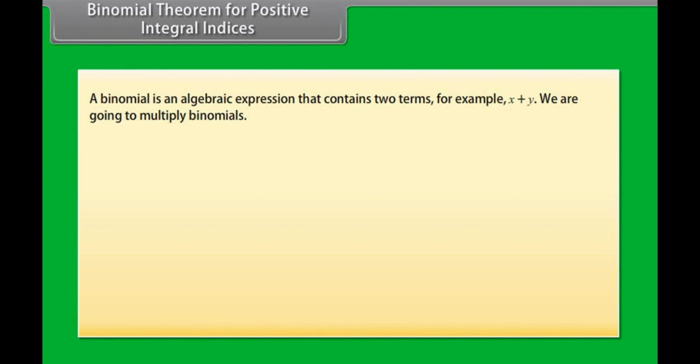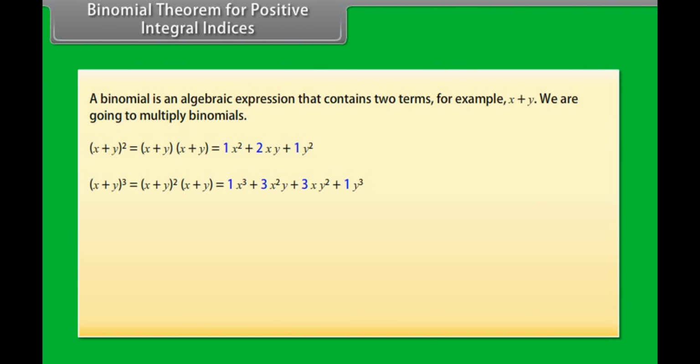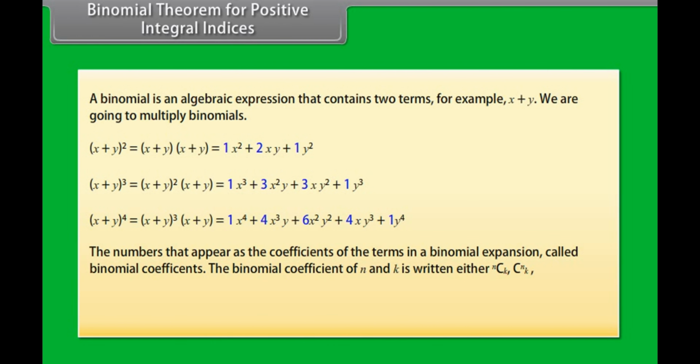For example, x plus y. We are going to multiply binomials. The numbers that appear as the coefficients of the terms in a binomial expansion are called binomial coefficients. The binomial coefficient of n and k is written as